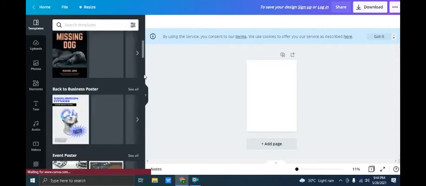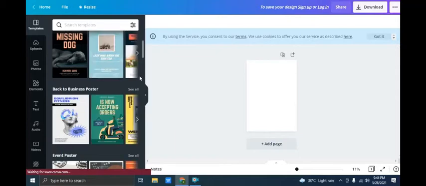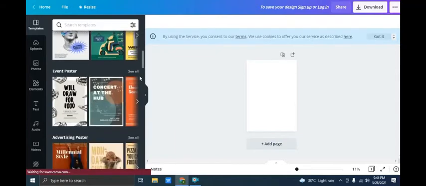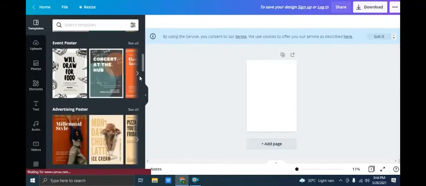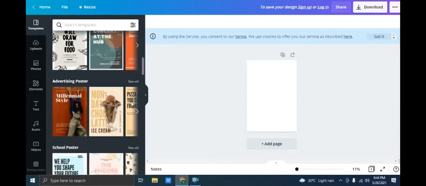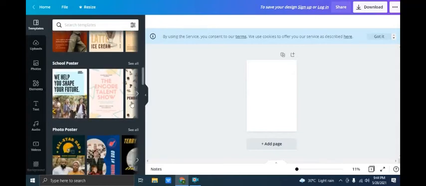Now here, what you have to see is there are a few paid templates and a few free templates, but we are here to earn some money, not to spend some money. So we will just go for the free templates. Here I have taken a paid template first of all, just to show that a paid template needs money. There are so many templates over here.